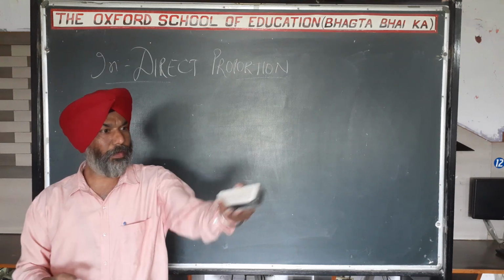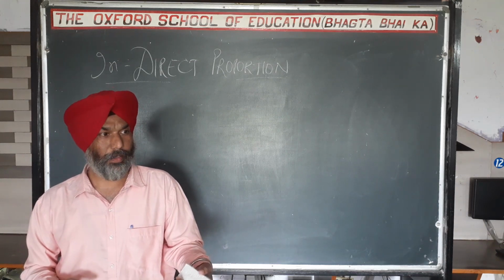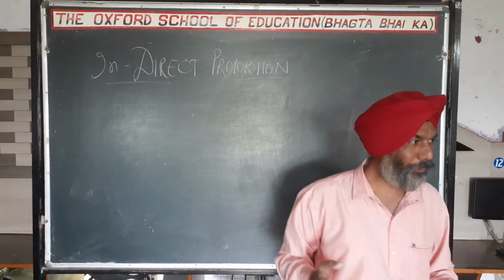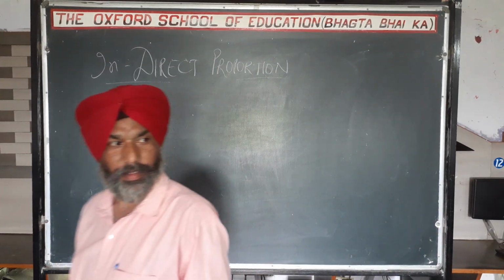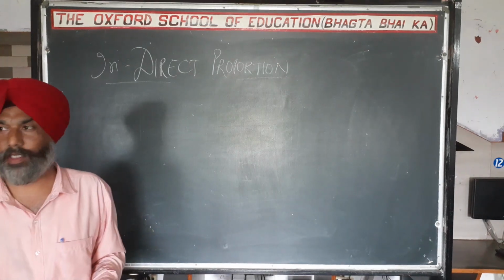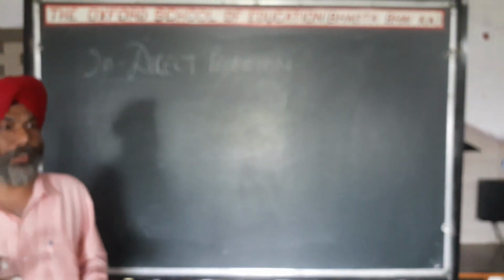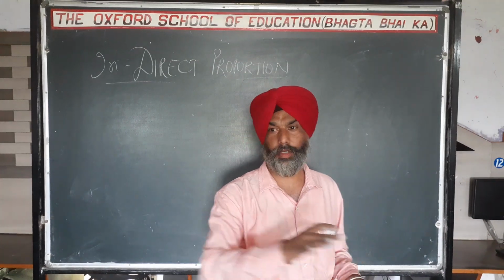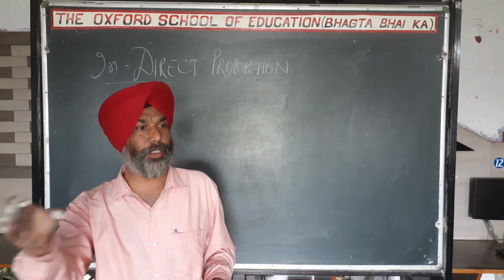You can do income and savings. How? Like expenditure. Yes, how? The more our expenditure goes up, the more our savings will decrease. Savings will come down. It's a very good example. Or you can say, suppose there are 5 persons in your family, and you want to distribute the saving amount between those 5 persons.